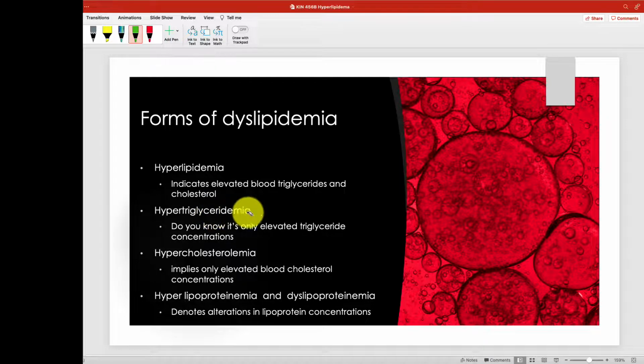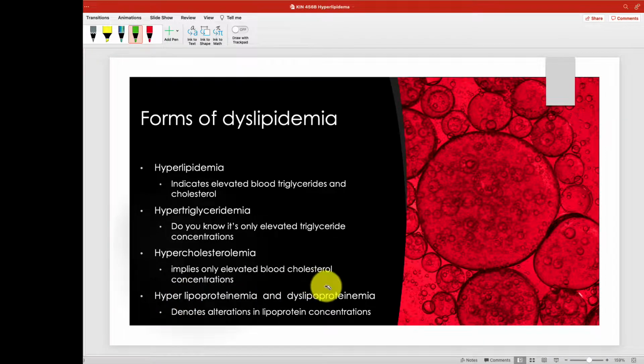Hypertriglyceridemia refers only to triglycerides, not cholesterol. Hypercholesterolemia refers only to cholesterol, but not triglycerides. So you can have hyperlipidemia, which is both, hypertriglyceridemia, which is only the triglycerides, hypercholesterolemia, which is only the cholesterol component, or you can have